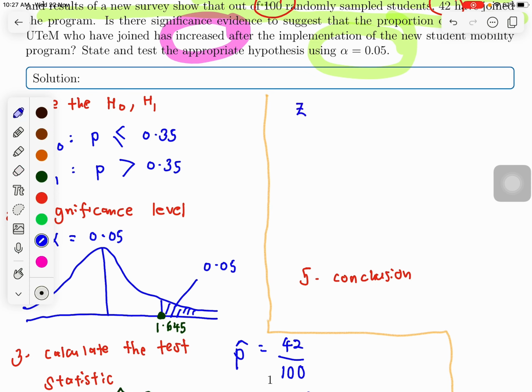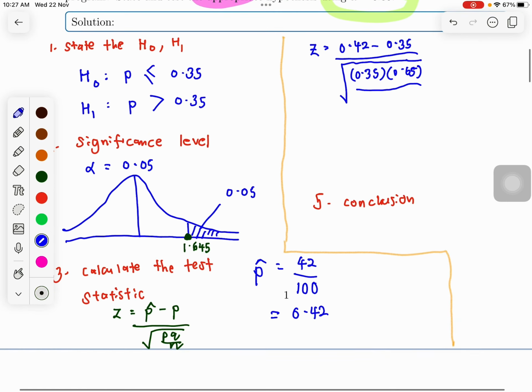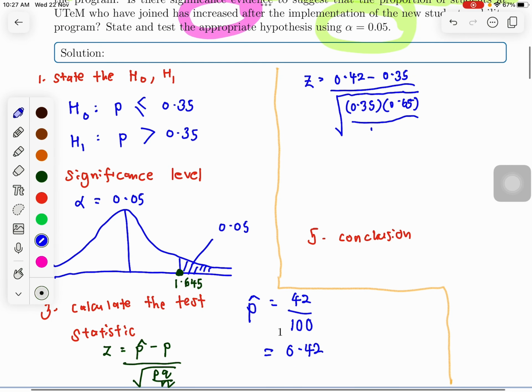Z is P hat, which is 0.42, minus our P, which is 0.35, over the square root of 0.35 times 0.65, and our N is what? 100. So please calculate this